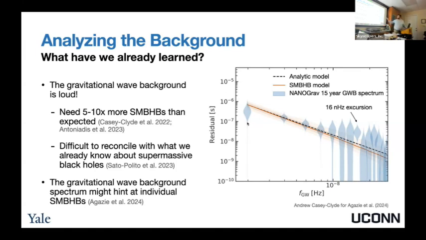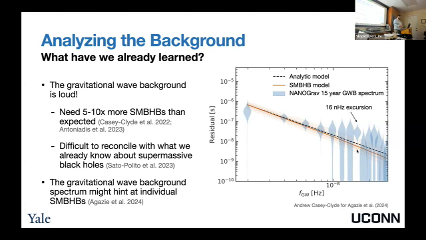And then what I'm showing in black and in red are two models of this gravitational wave background that are based on supermassive black hole binary populations. The one in black is a more naive model that makes some simplifying assumptions, whereas the model in red shows a gravitational wave background model when we account for all of our supermassive black hole binaries in the universe, with the spread then just being, we did this 1,000 times to understand different gravitational wave backgrounds and what we should expect compared to what we're actually seeing.